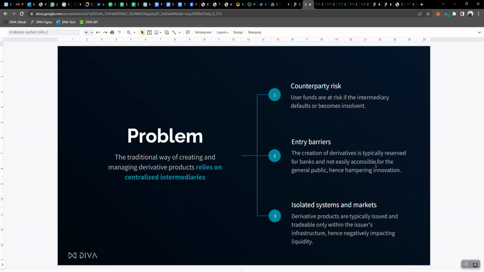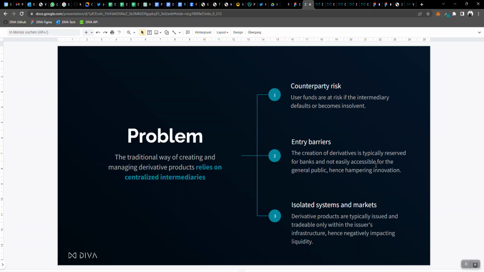Second, the creation of derivatives is typically reserved for banks and not easily accessible for the general public, which hampers innovation. And third, these derivative products are typically issued and tradable within the bank's isolated infrastructure.